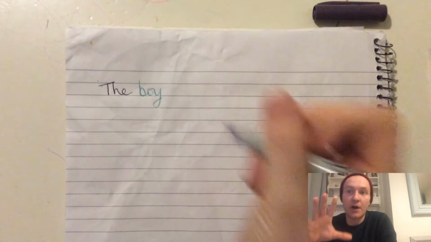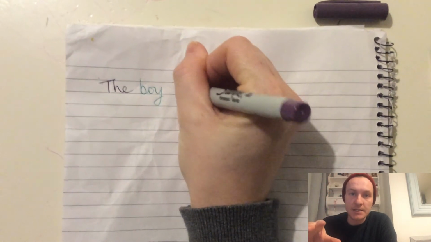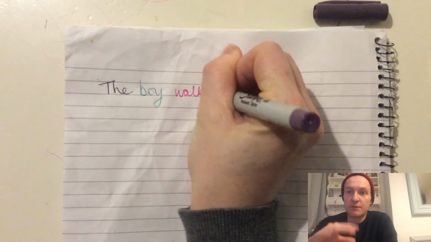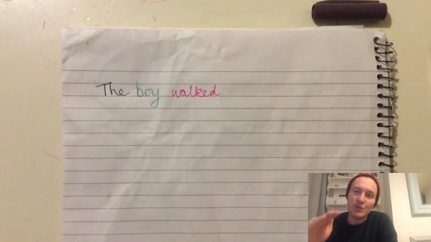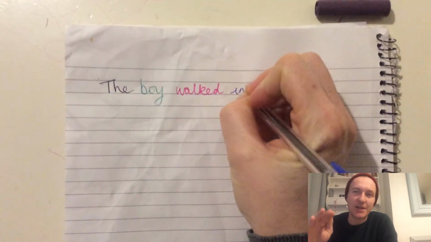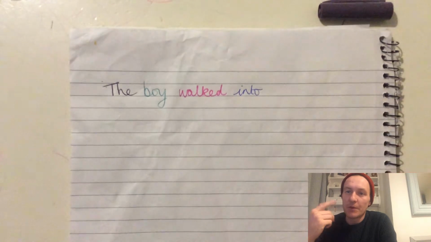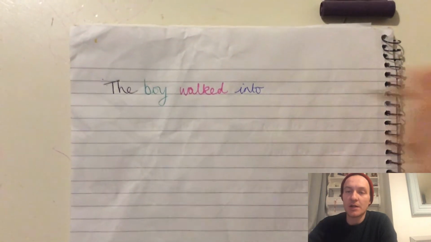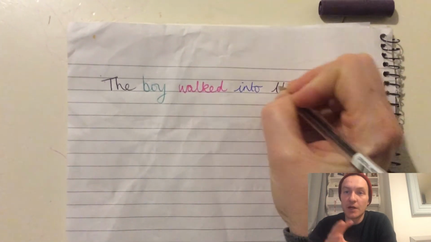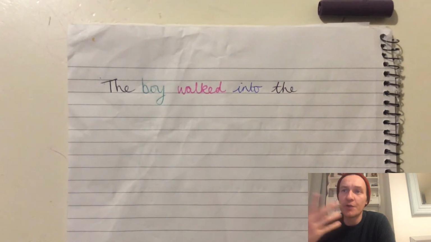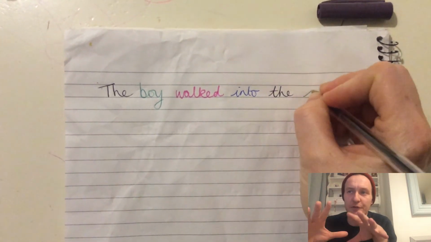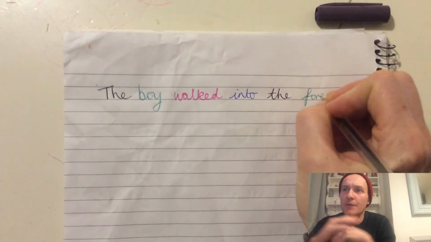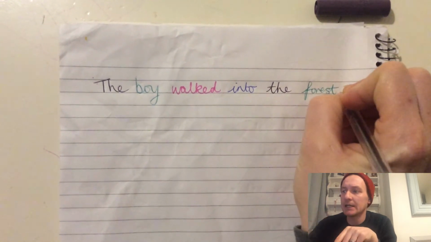So I've chosen to start with a simple sentence. The boy walked into the forest, and we're going to keep using that sentence and changing it slightly with different word classes. But I'll start by telling you what each of these word classes are and why they're different colours. So "the" is just a definite article. We're not going to focus too much on what that means, but "boy" is in green, and that is because